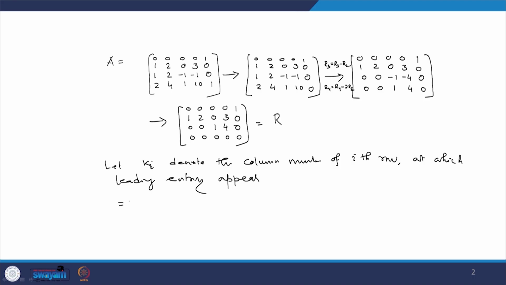This implies K1 is equal to 5, K2 is equal to 1, and